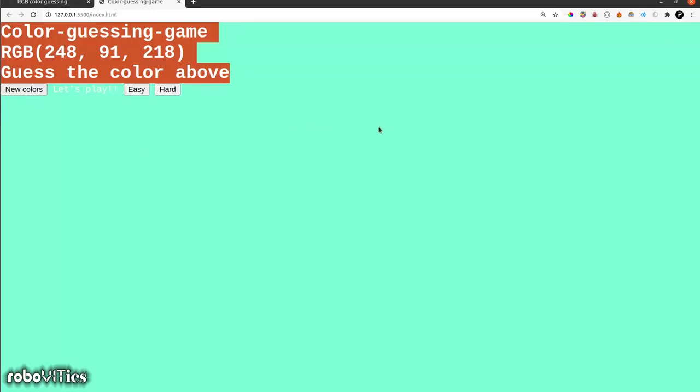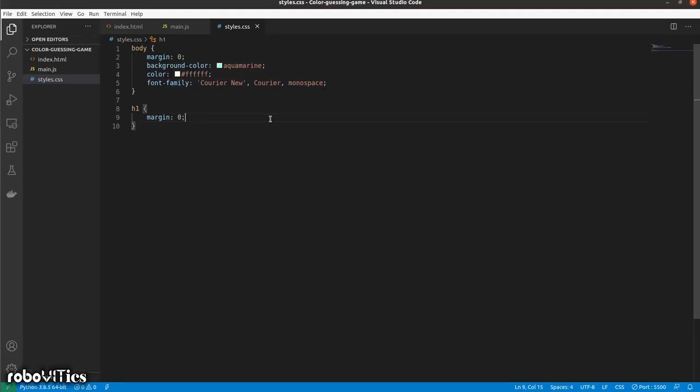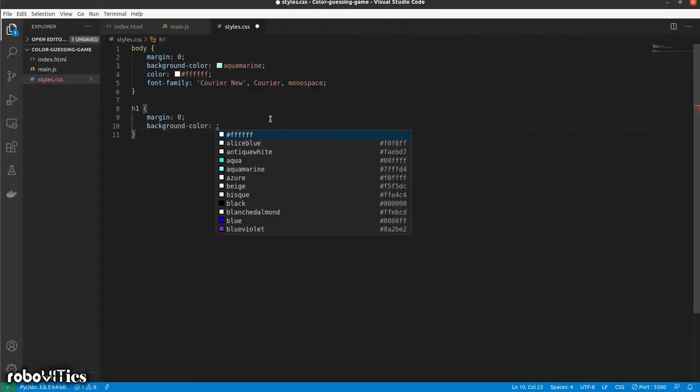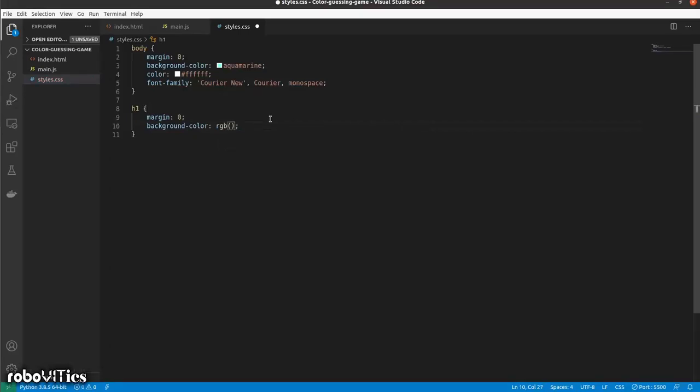So let's do all of this, and then there'll be one important point that we'll be looking into, that is making H1 center aligned, making the text in H1 center aligned. For that we would be using a property called text align. So before that, let's start with our background color. Our background color, I'm using the value directly, so RGB 233,119,119, that's our pink. Then I want to set my font weight to normal, and finally I want it to be in uppercase, for which I'm using text transform uppercase.